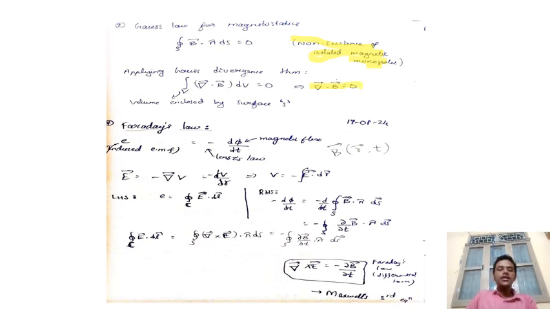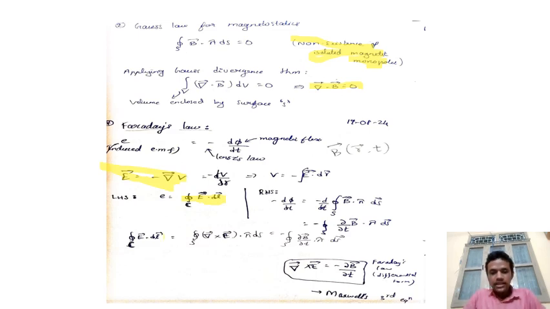Next, Faraday's law. According to Faraday's law, the induced EMF across a closed loop is equal to the change in the magnetic flux through the surface. Then, by noting the potential gradient and electric field relation, we see that the induced EMF is the line integral of E bar dot dl bar. Then the RHS, which is minus d phi by dt, is equal to minus d by dt of the surface integral of B dot ds, and then minus the integral of dou B by dou t dot ds. Equating LHS and RHS,